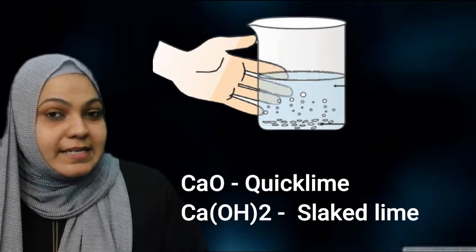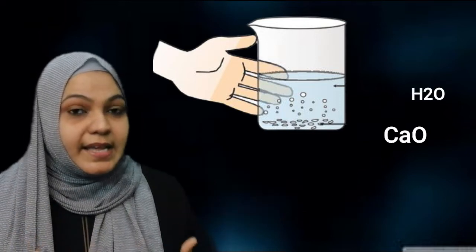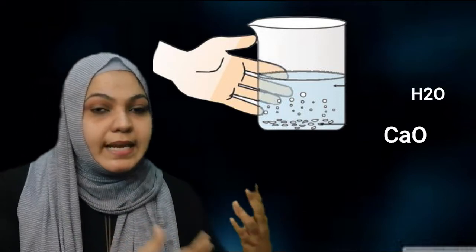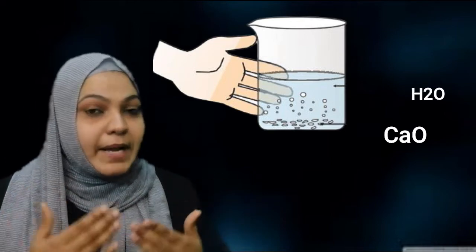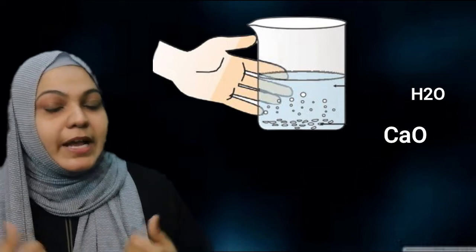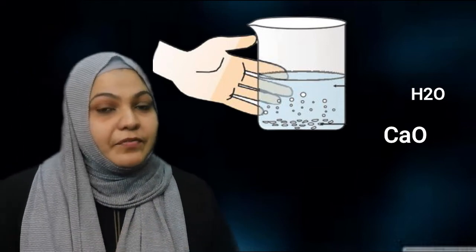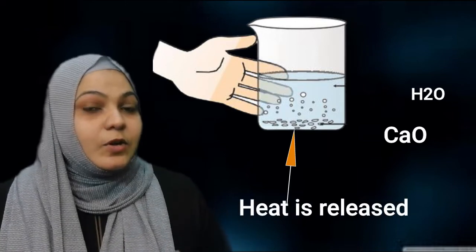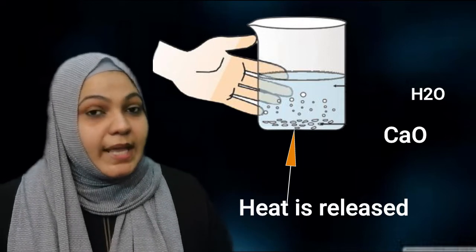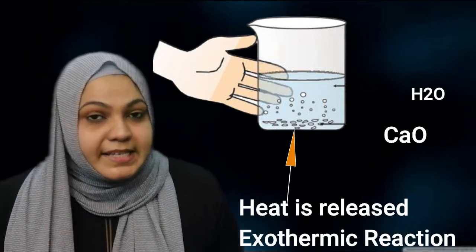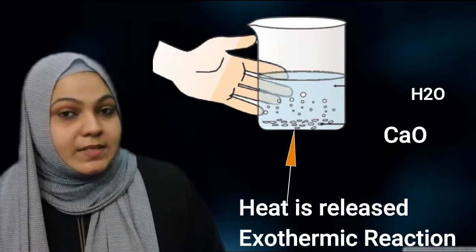What is the common name for calcium hydroxide? That is slaked lime. In this reaction, calcium oxide reacts vigorously with water to produce calcium hydroxide. So here you can see two or more reactants combine to form a single product, calcium hydroxide. I mentioned that when we touch the beaker, we feel heat. So here you can see in this combination reaction, heat is produced. That type of reaction is called exothermic reaction. Reactions in which heat is produced along with the formation of product are called exothermic reactions.